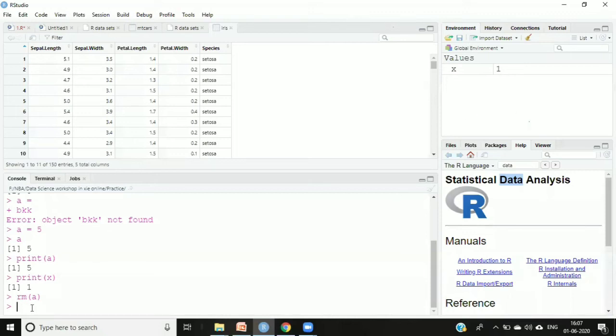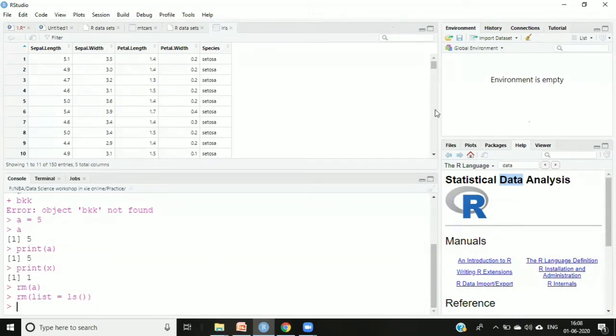So what you can do is type rm, in the bracket list equal to ls, open the round bracket and close the round bracket. This command will clear everything from this particular window. Please remember this: rm, in the bracket list equal to ls with open and close brackets, enter. See, now it's showing environment is empty.